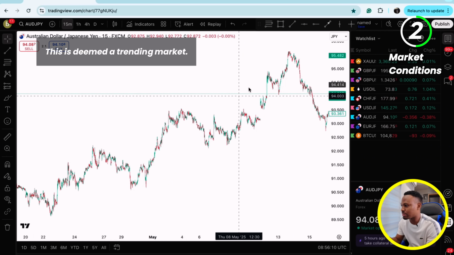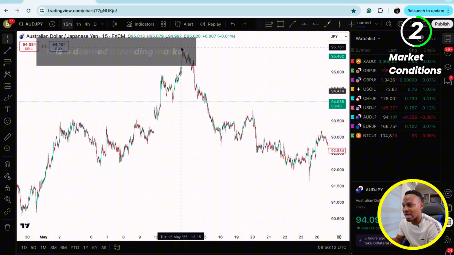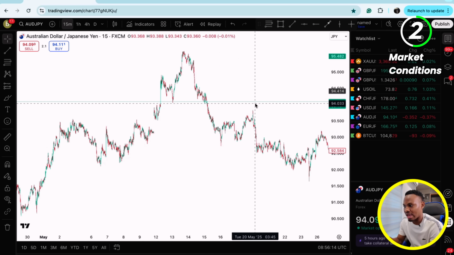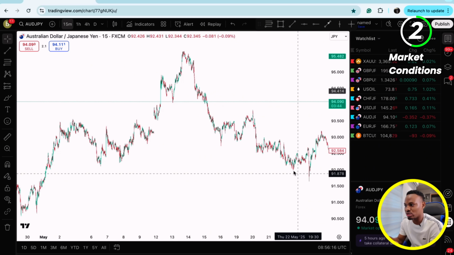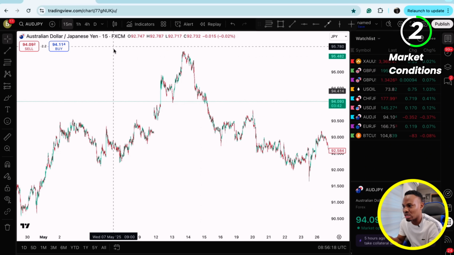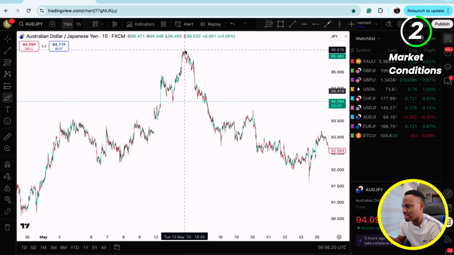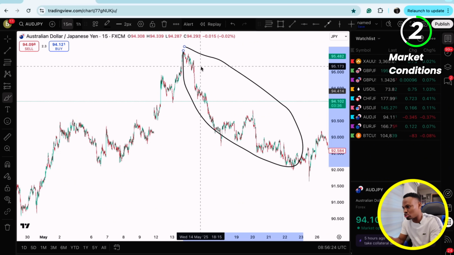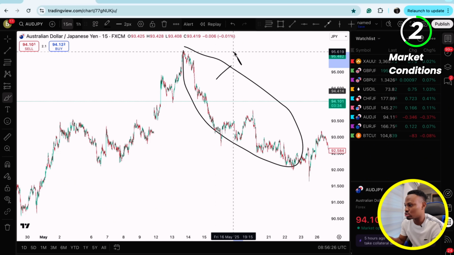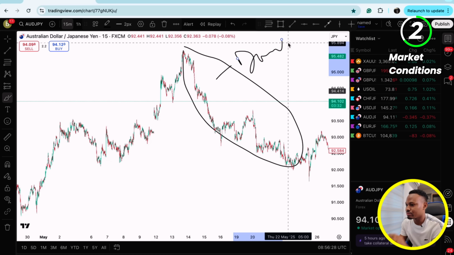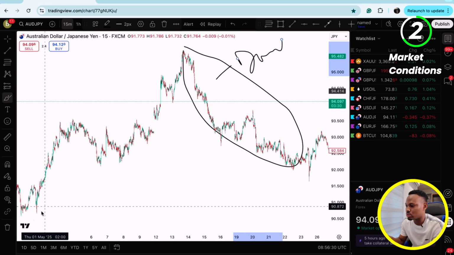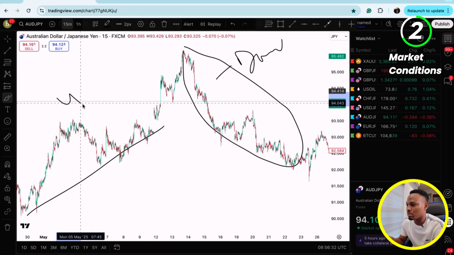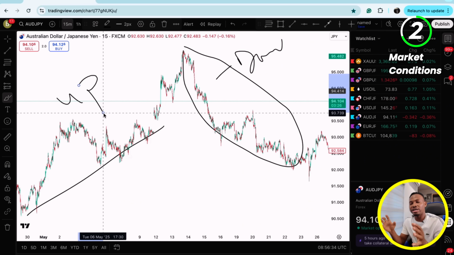So this is an uptrending market, and then this is a high, this is a low, higher low, lower low. You understand? So it keeps coming down. In a scenario where it's coming down, like this one, is a trending market. It's moving in one direction. That's a downtrend. So you can call this downtrend. All right. And then you can call this an uptrend when it's going up here. This is an uptrend. So you can call it a bullish trend, and then the downtrend is also called a